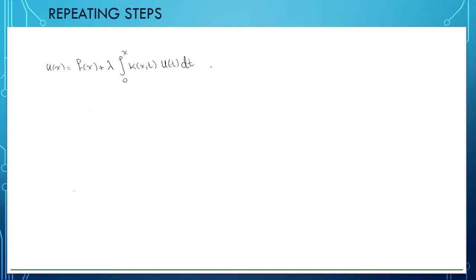We want to use the series solution method, so we will write u of x equal to summation n from 0 to infinity a n x^n. Okay, so we will substitute here and here